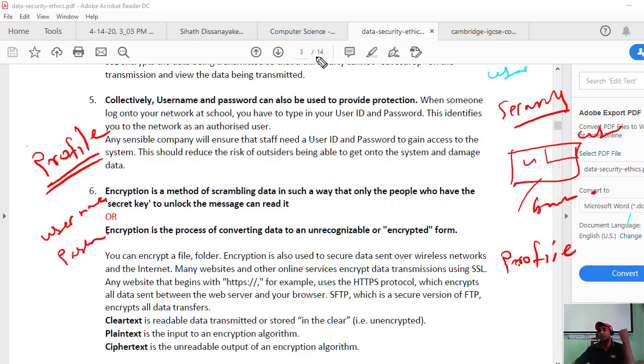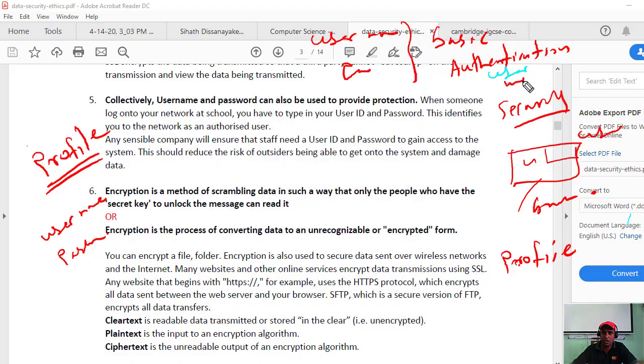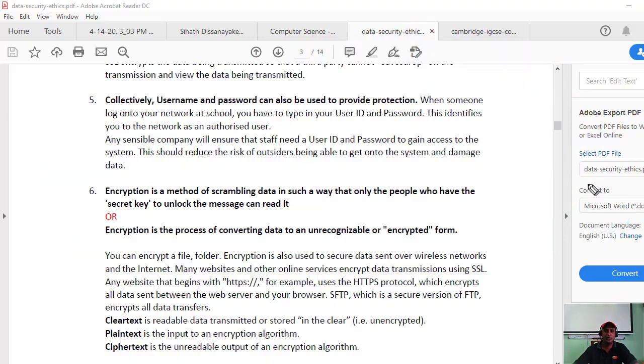So that is the basic authentication, username and the password. Every system, even the email address, whatever the system, they say okay, username and the password. This is the basic authentication method. So it says when someone logs on to your network at school, you have to type in your user ID and the password.